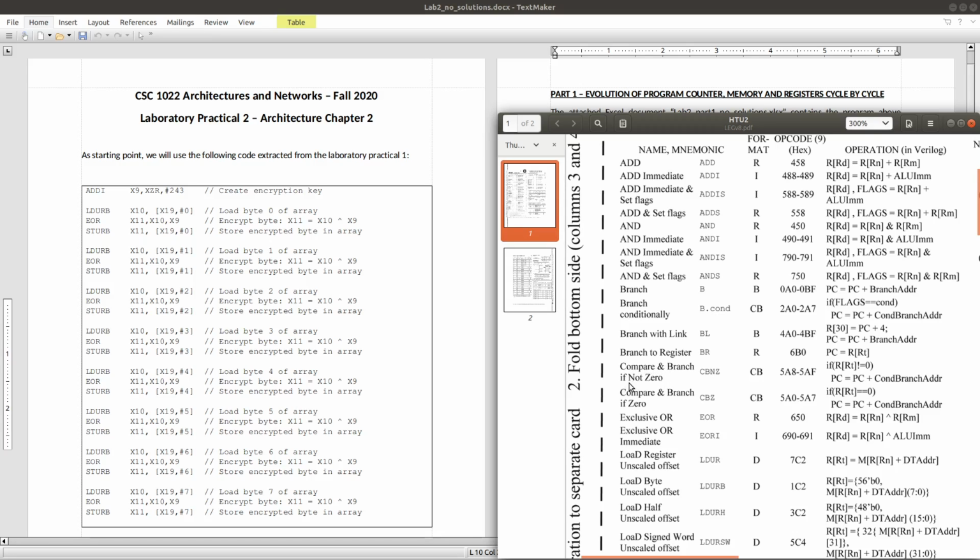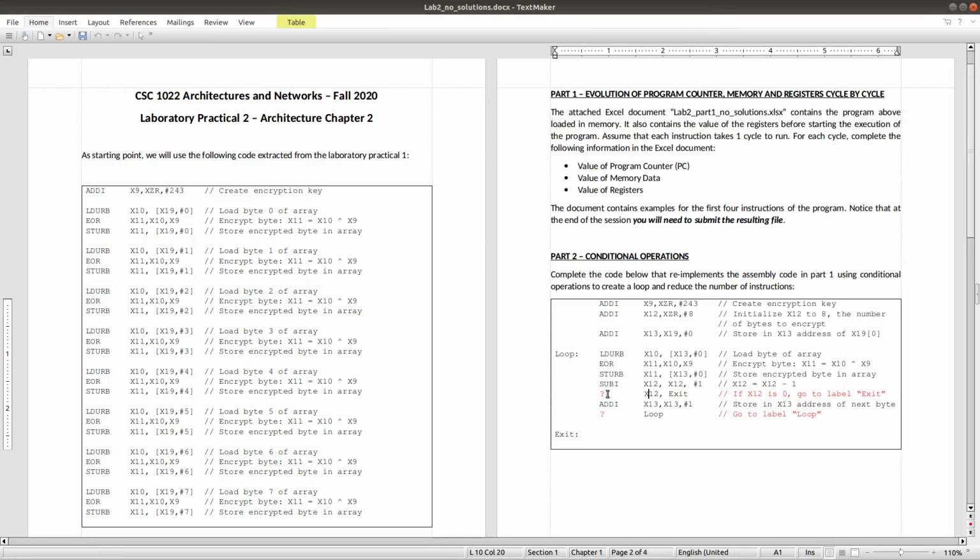We need to jump if the value is 0. And so the next instruction, this one, compare and branch if 0: we know that if the value of the register Rt gets to 0, this instruction will make a jump to another location. So we will need the CBZ instruction. Here we will fill in this place with CBZ.